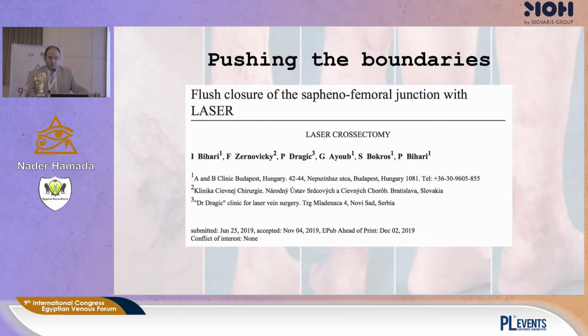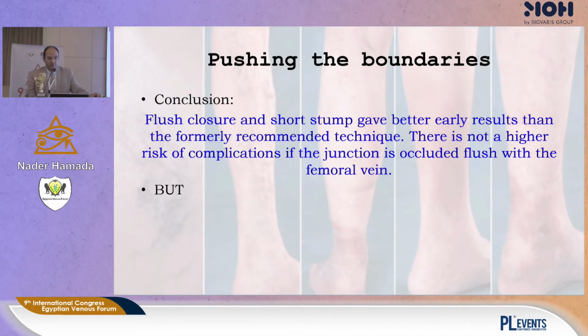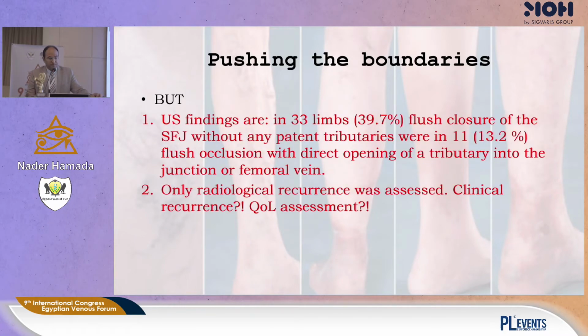Pushing the boundaries, there were many publications about flush closure of the saphenofemoral junction with laser. And the conclusion they mentioned is that flush closure and short stump gave better early results than the formerly recommended technique, which is 2 centimeters away from the saphenofemoral junction. There is not a higher risk of complication. They're talking about endovenous heat-induced thrombosis if the junction is occluded flush with the femoral vein. But ultrasound findings in 33 limbs, if we go for analysis of these studies,